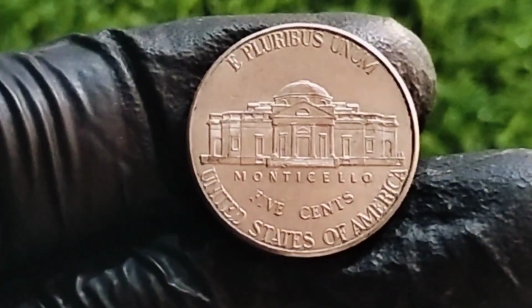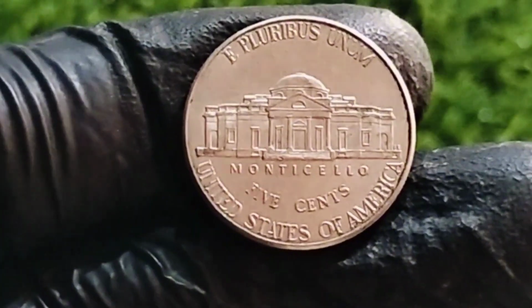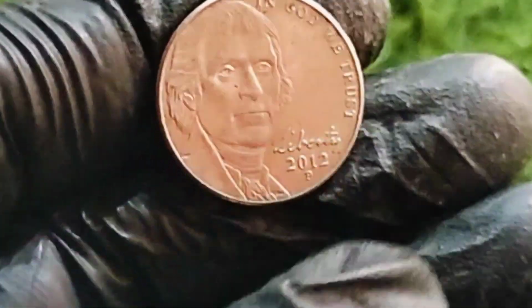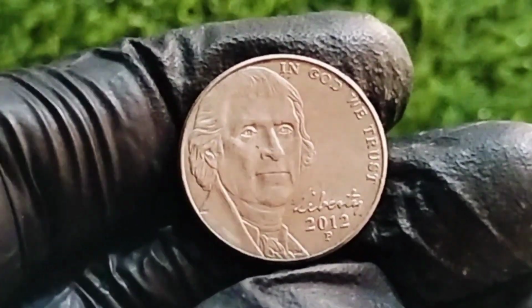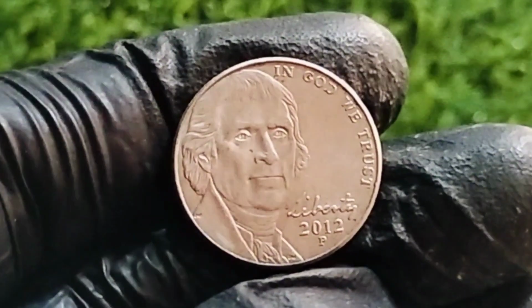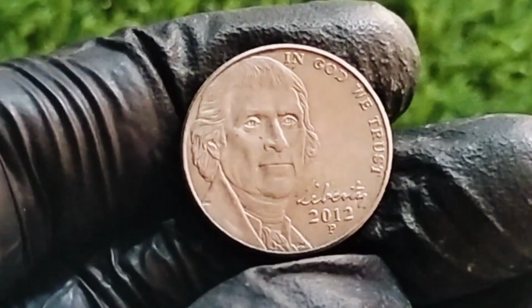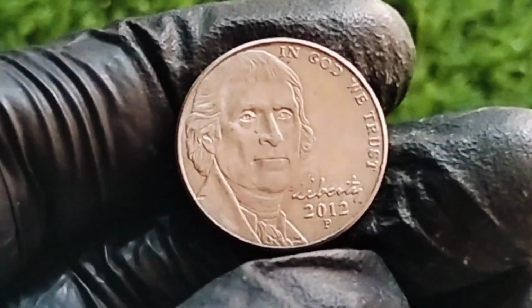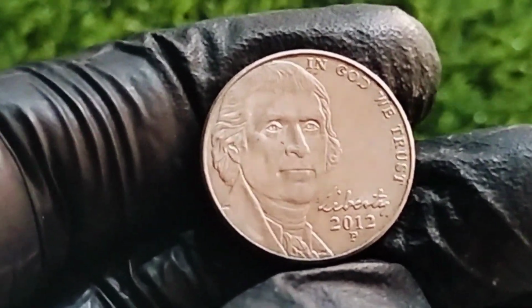On the obverse, the front side of the 2012 nickel, is a striking forward-facing portrait of President Thomas Jefferson. This design was introduced in 2006 and created by artist Jamie Franki as part of the Westward Journey Nickel series initiative that sought to modernize and revitalize the Jefferson Nickel's appearance. Jefferson's gaze is direct and solemn, symbolizing his wisdom and leadership. The image captures the contours of his aging face, with careful attention given to his wavy hair, high forehead, and